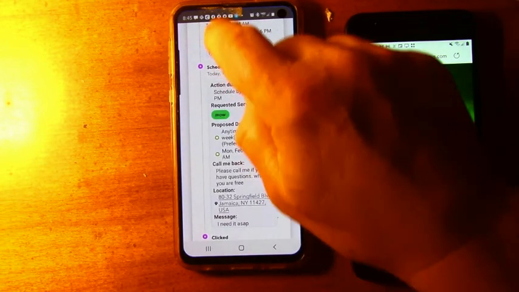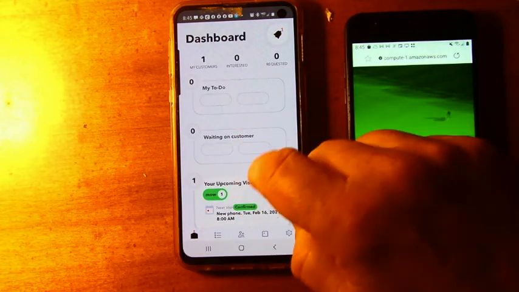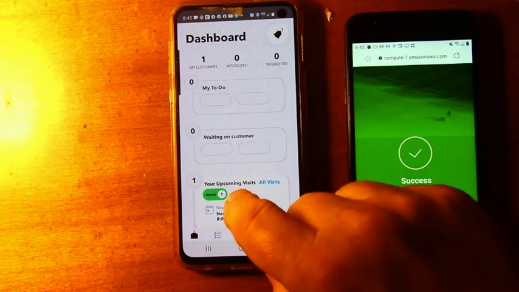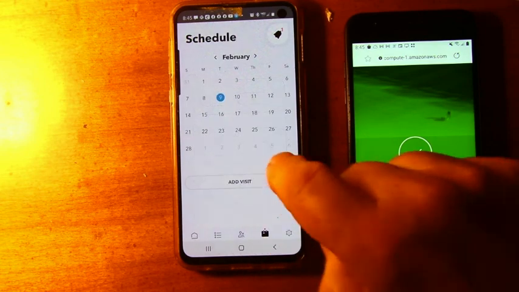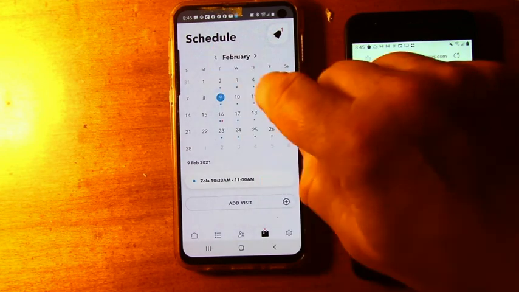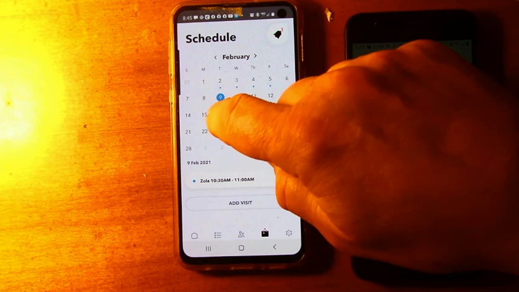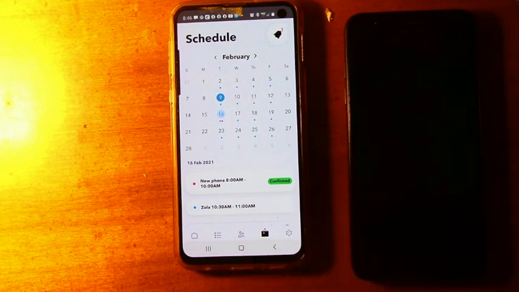So let's actually go back and look at it just quickly. So you see here there's a visit. It's a visit and it's confirmed, and you can edit the visit. And also, if you go to all my visits, this is the schedule now, and there should be one there on the 16th when we made the appointment with the actual schedule. So that's an end-to-end thing, and that's kind of, let's say, use case number